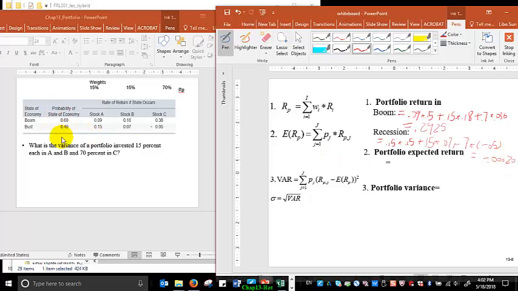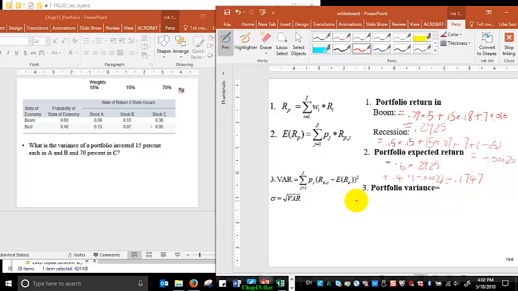Now let's use the probability of the economy, multiplied by portfolio return in the boom and the recession, to get the portfolio's expected return. So we use 0.6 for boom times 0.2925 plus 0.4 times negative 0.0002. So we got expected return is